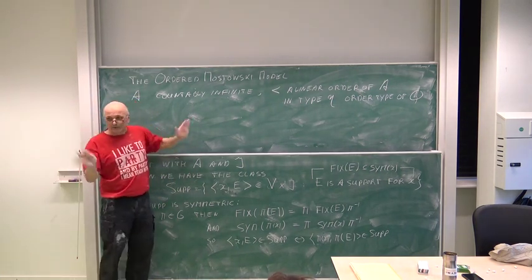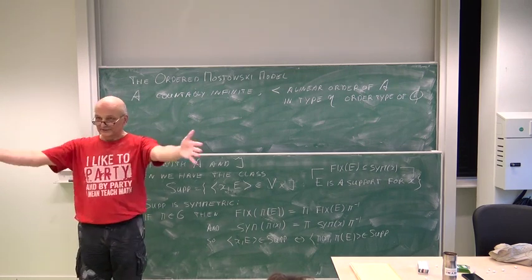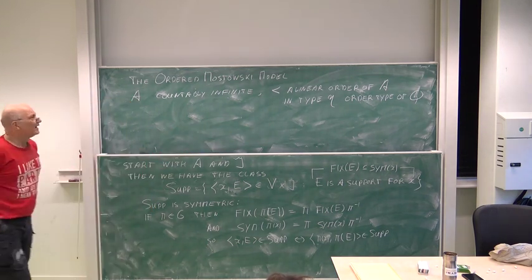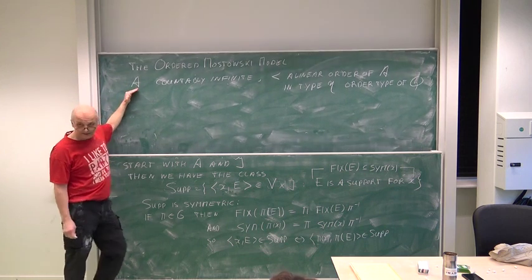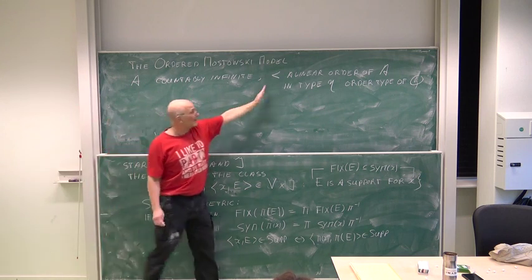And of course, we can do that in our universe V. Why not? We just take the rationals and say, well, those are the atoms, and be done with it. So we have two ingredients in our model to begin with. We have the atoms, we have a linear order.